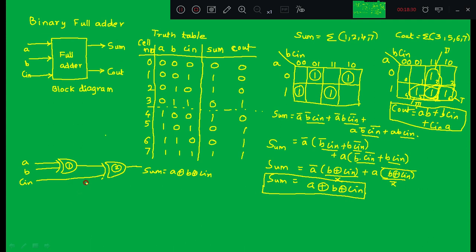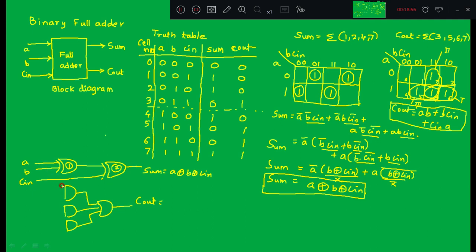The carry expression requires 3 AND gates. If you observe the expression AB, BC, CA, so 3 AND gates are required, and the AND gate outputs you can connect to a 3 input OR gate, and this will give you C out.